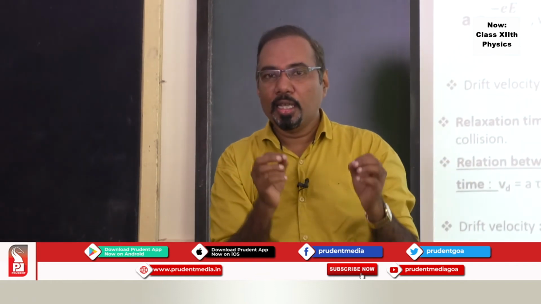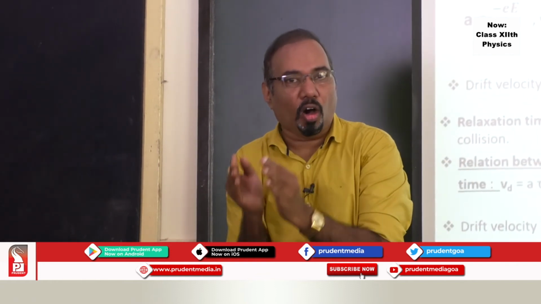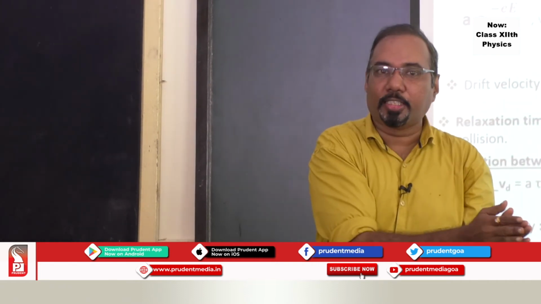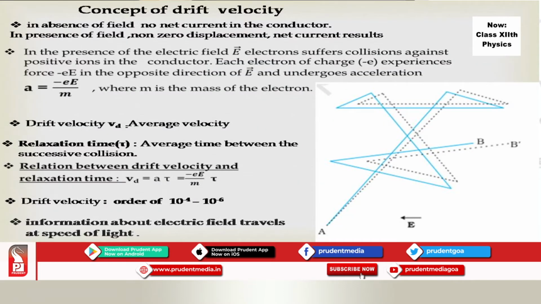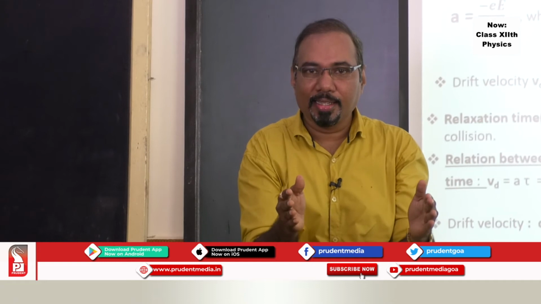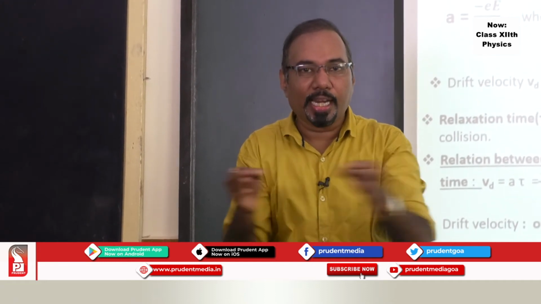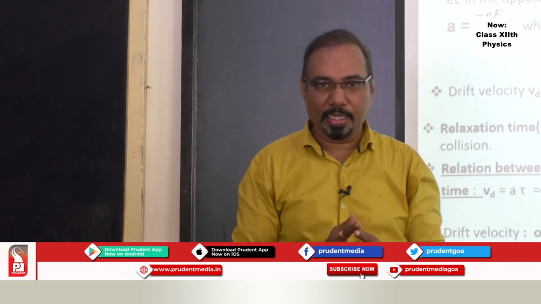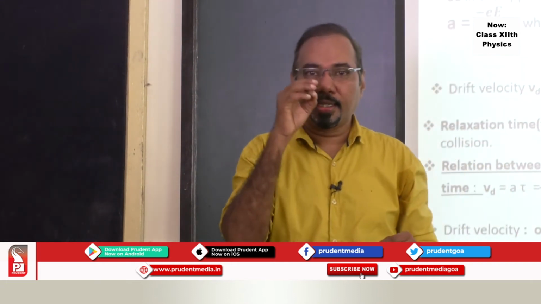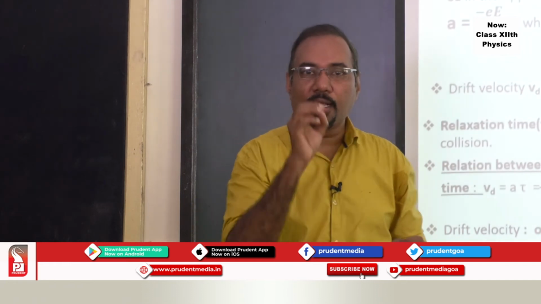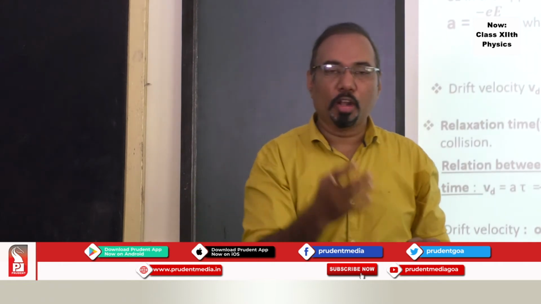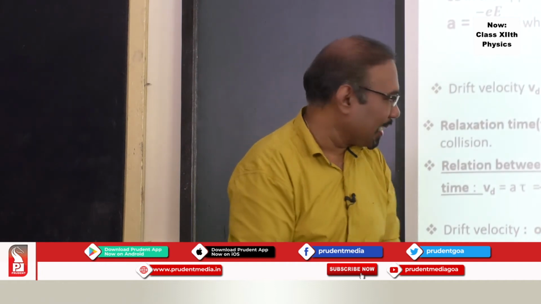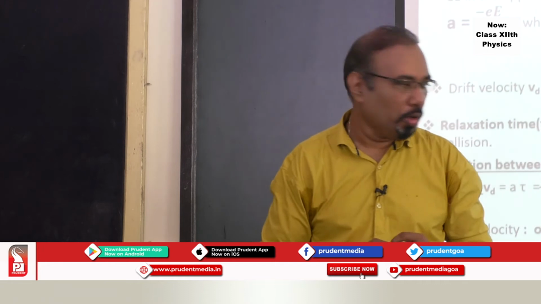The reason is, it's not that the electron has to travel all the way from lower potential to higher potential to constitute current. Remember, my dear student, the electron does not have to travel all the way. Once the electric field sets in, the electrical impulse travels at the speed of light and current is established. That's the reason why the current flows immediately when you put on the switch. It's an electrical signal which travels at the speed of light. So this is the concept of drift velocity and relaxation time, and that's what you should know.